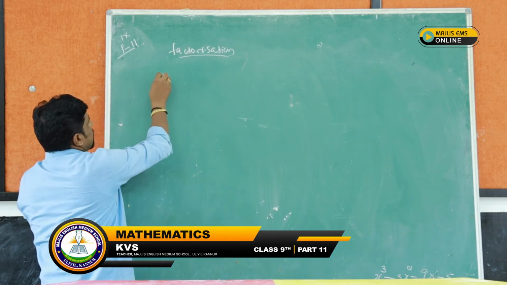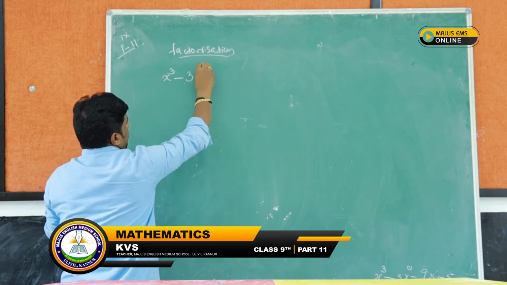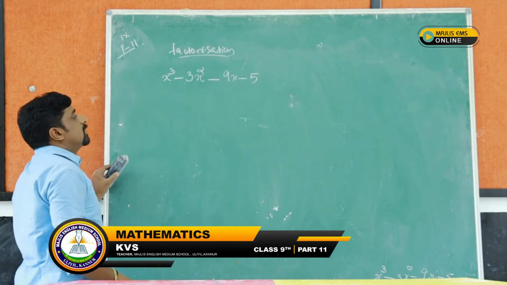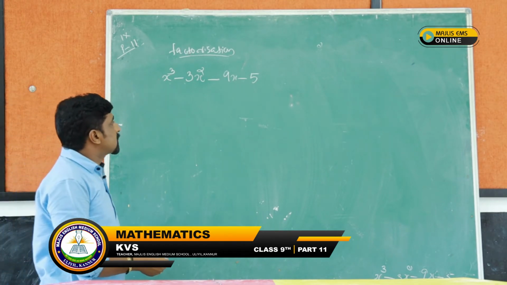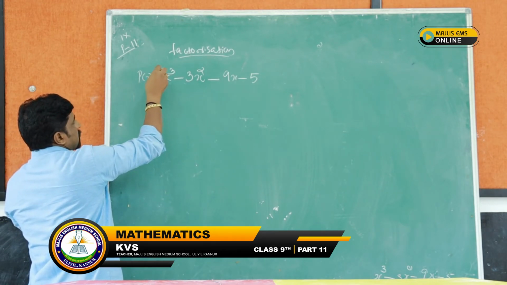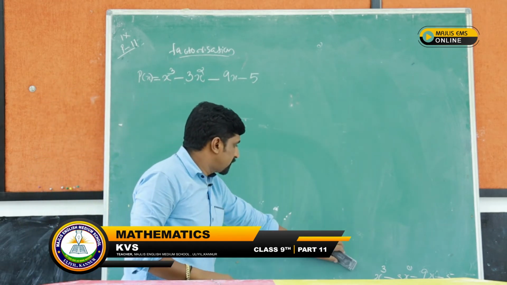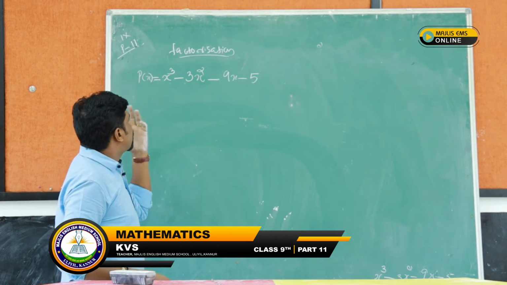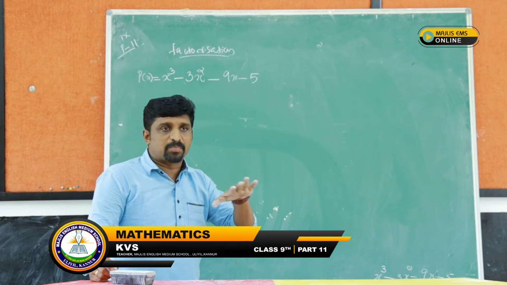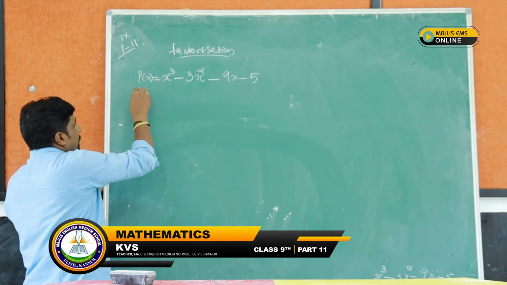Next question like this, x cube minus 3x square minus 9x minus 5. Next we need to factorize this polynomial, x cube minus 3x square minus 9x minus 5. For p of x equal to x cube minus 3x square minus 9x minus 5. Okay. First we can find out p of 1, if it is equal to 0, that's the factor. Otherwise find out p of minus 1. Okay, therefore first we can find out p of 1.